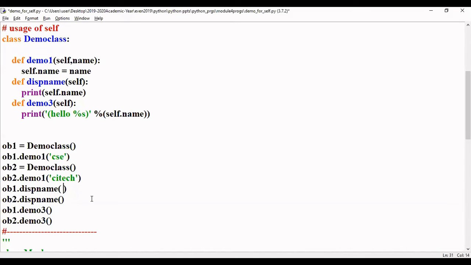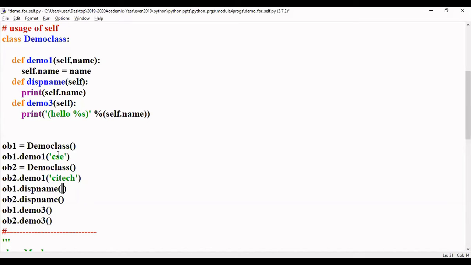It is empty. Whenever we have the object reference to be passed, that reference will always be stored in self in Python. That's why in the main program, whenever we call, we are not going to pass any parameters.